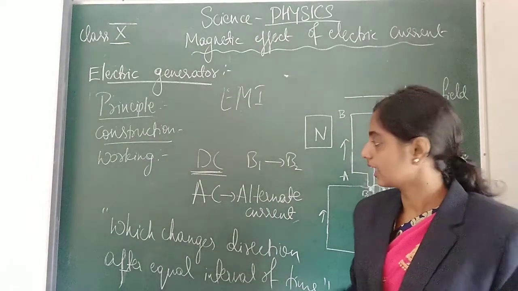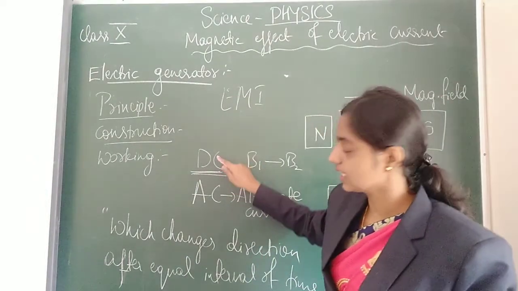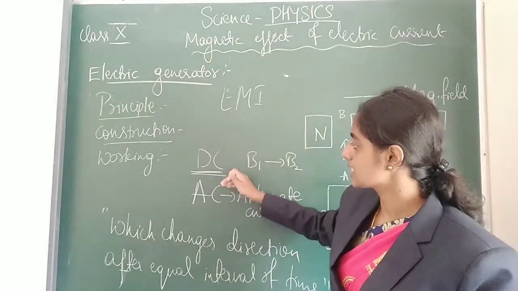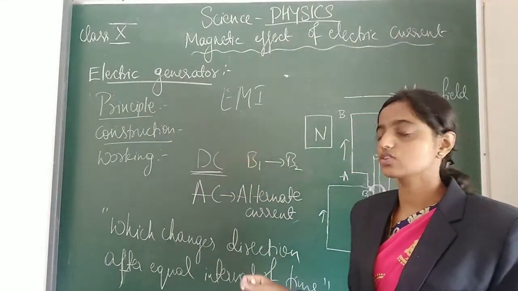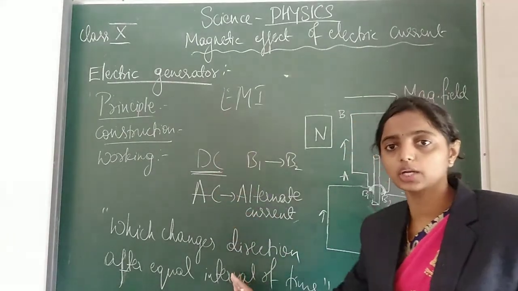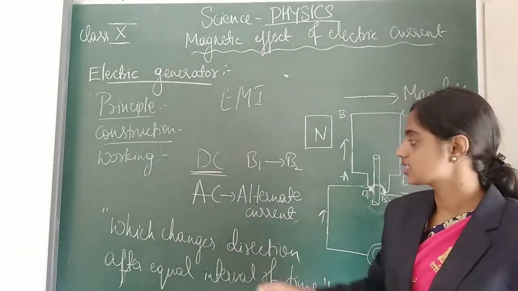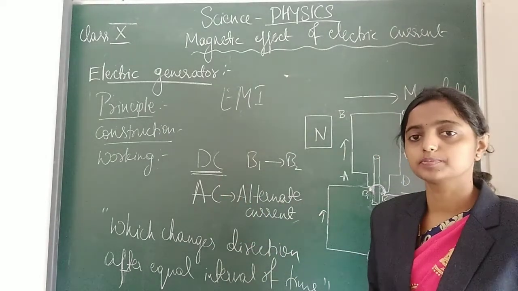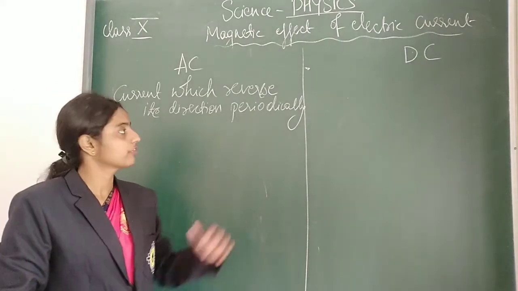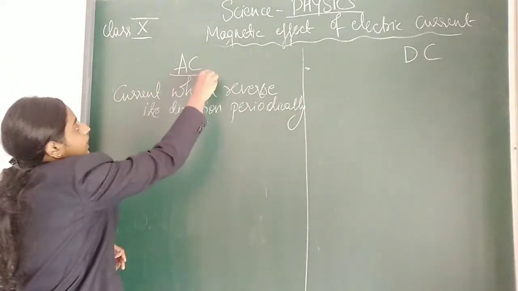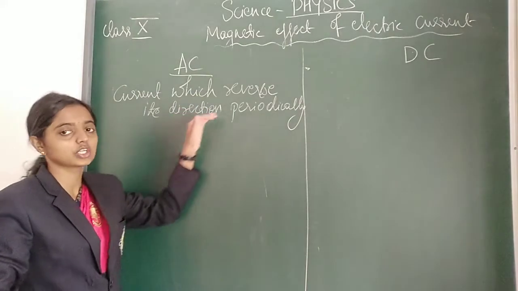Now next we will take only AC and DC, and let us know what the advantages or disadvantages are, and what AC is and what DC is. They may ask you to write the characteristics of AC or DC, or else they will ask you to differentiate between AC and DC. So let's start to learn about alternating current and direct current. When it comes to difference, first we can state their definitions. In AC, the current reverses its direction periodically.